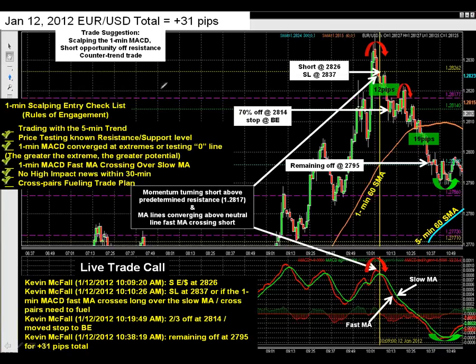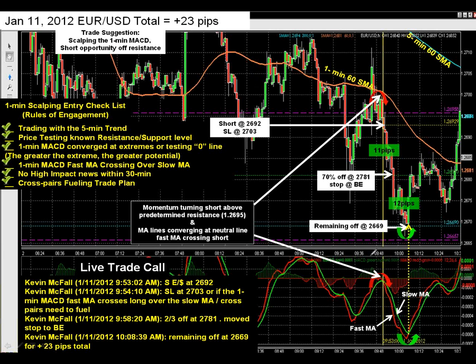On the daily channel breaks and on the weekly channel breaks, I do not recommend trading against the trend. But on scalping strategies, certainly we can trade against the trend. In the last video I showed you a trade where we traded with the trend, and here it is, where we took 23 pips. You can see our MACD line was testing the neutral line, and our trend lines were both moving short, the 5 and the 1.